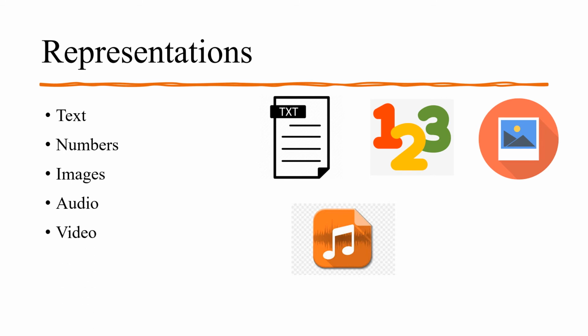The last one is video. Video refers to recording or broadcasting of a picture or a movie. Video can either be produced as a continuous entity or it can be a combination of images, each a discrete entity, arranged to convey the idea of motion.